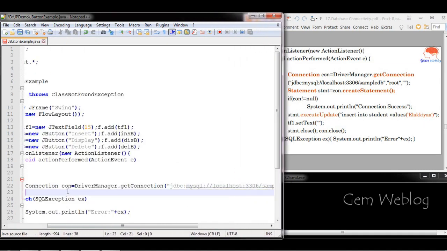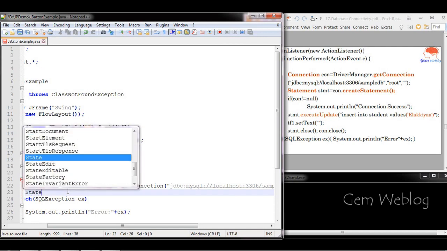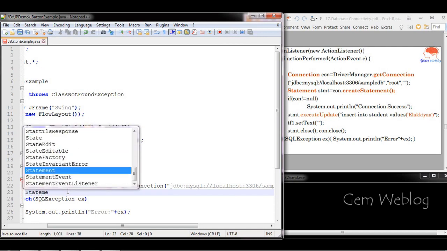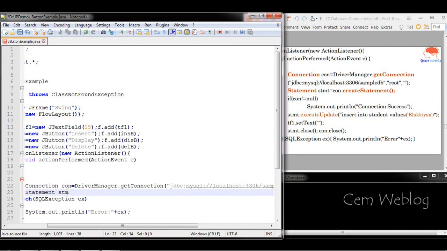I will expand it. Next we have to create the statement for executing the SQL query. Statement stmt is an object, so we are going to create the statement for it using that connection object.